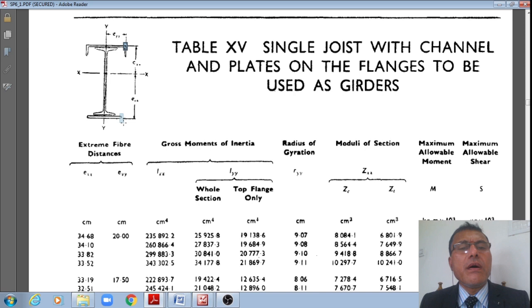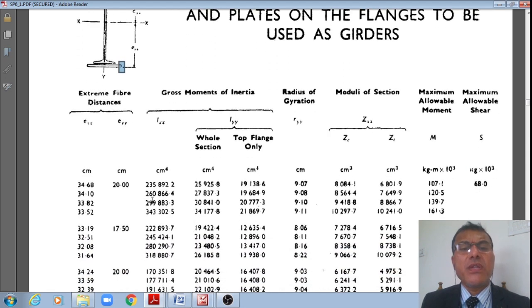However, this same plate is at an extreme fiber distance of 200 mm from the vertical YY or minor axis, right? And corresponding to that, the gross moment of inertia about the major axis of bending is 235892.2 centimeter to the power 4, and the moment of inertia of the whole section about the vertical axis is 25925.8 centimeter to the power 4,